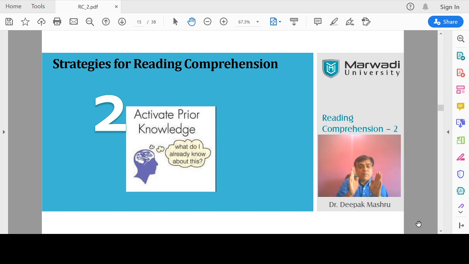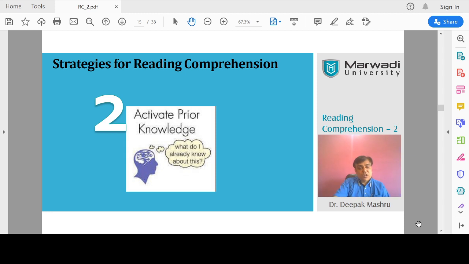For example, a paragraph has been asked based on one story. That story you had studied in ninth standard, so you activate that knowledge and you get to it. Fine. So what you need to do is, if you have background knowledge, if you are an eclectic reader, if you read something in your past, it will definitely help you. Fine. Okay. So here we need to be very clear and careful about activating our knowledge, right?